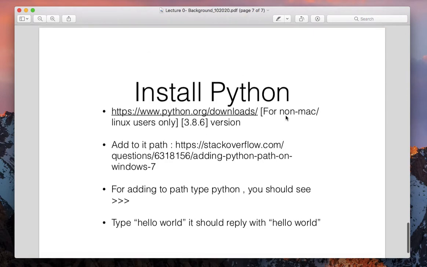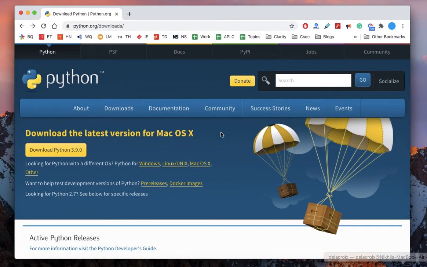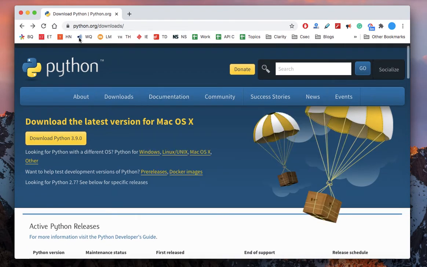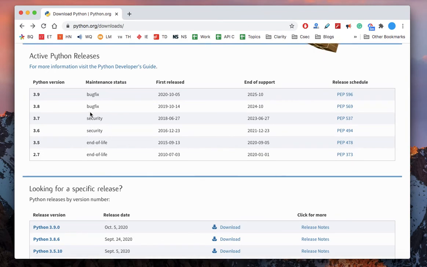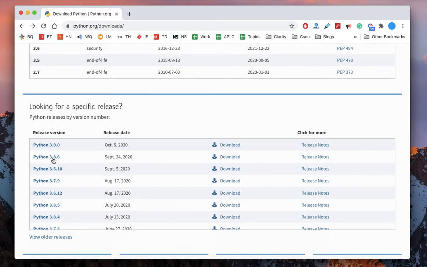So step one, I think, should be to install Python so that you yourself can get comfortable. You can install Python by going to python.org downloads. I'll just show. Once you open this website python.org, then you go to download and you can download the 3.8 version. So this is what we will use, right?